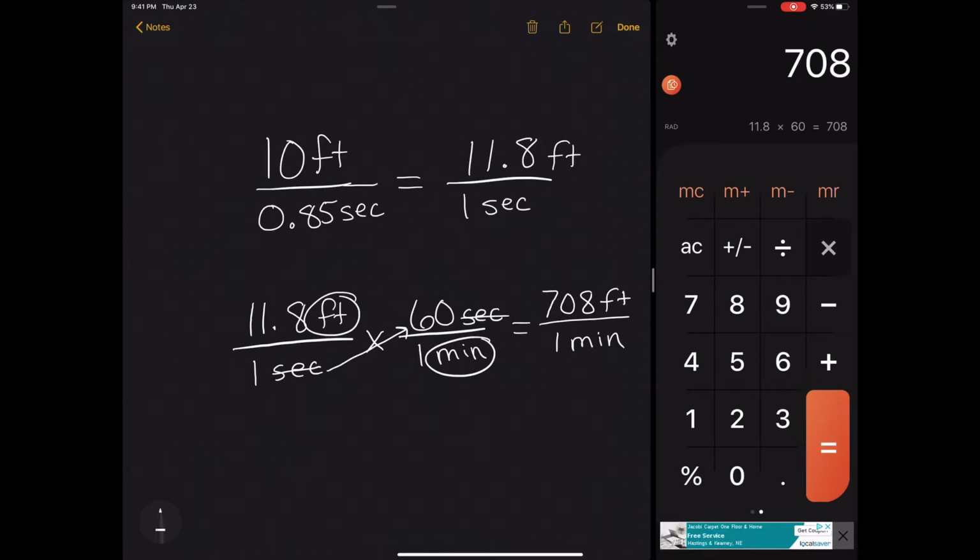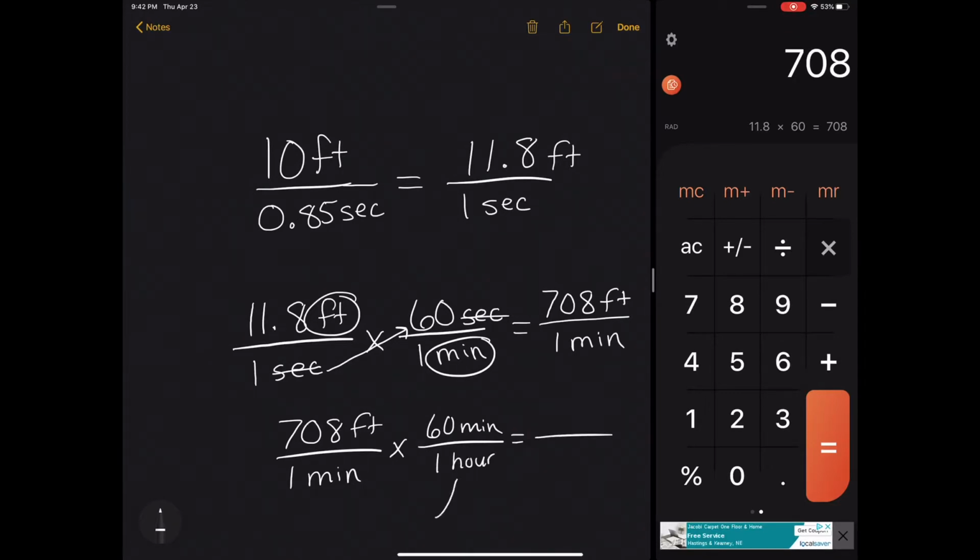So if I wanted to figure out how many feet per hour she would ride on her bicycle, as long as she maintains the same speed, we're going to take 708 feet per 1 minute. We're going to once again multiply it by 1. The 1 this time is going to be 60 minutes per 1 hour. Now, if you know anything about equivalent fractions, because this value equals 1, this value over here is going to be equivalent. It's going to look bigger, and it's actually going to look faster on the bicycle. But when we take 708 times 60,